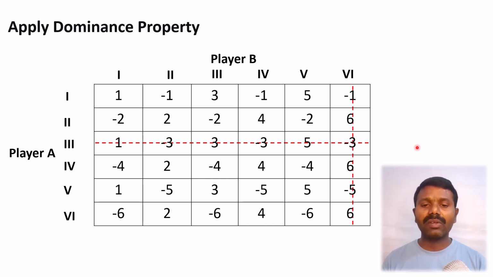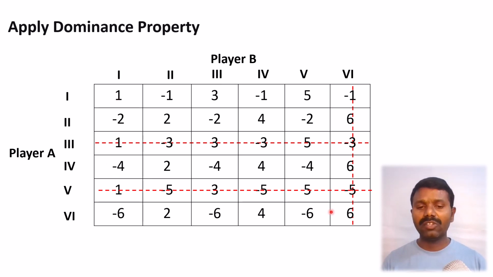And if you compare the second strategy with the first strategy or the fourth strategy, it is not dominating. And again the second strategy with the fourth strategy: minus 2 is dominating minus 4, 2 is the same, and minus 2 is dominating minus 4, minus 2 is dominating minus 4. So here in all these places the second strategy is dominating the fourth strategy, so the fourth strategy can be eliminated